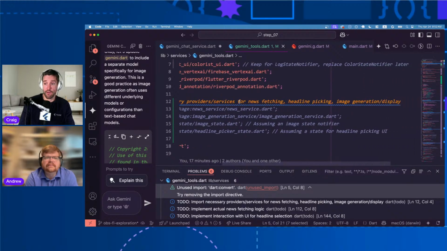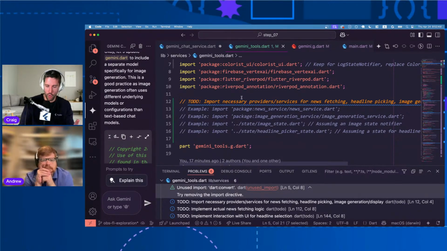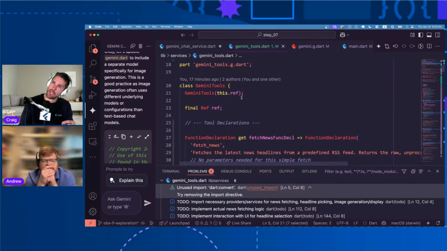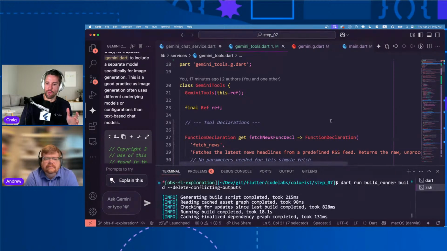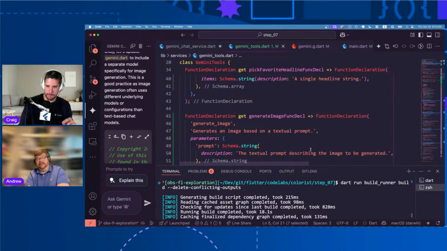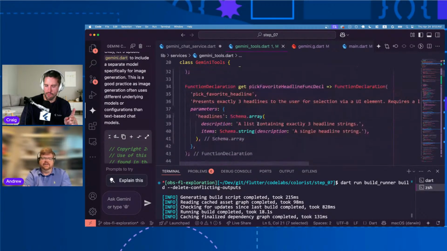Import necessary providers. Yeah, we got a lot of UI changes to make, which I think the state changes and whatnot is what we need to get to now. So if we were to run the app now, let's see the nature in which the UI and... I think it's going to kind of work until it gets to the image decoding. Right, which is fine. We should run it and just verify that the things are wired up correctly,